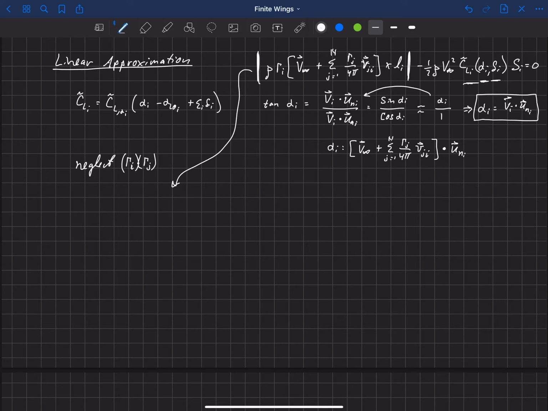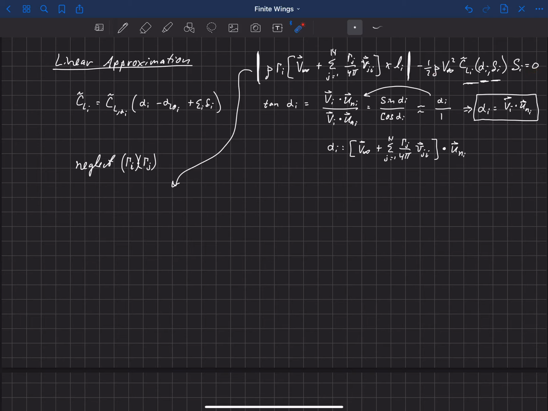And so what we're going to get is, actually I'm just going to move this density. This density is just a constant, so we can move that outside of this magnitude sign, and same with gamma I. The magnitude really applies to this vector. We have a cross product here, this vi cross li, so I'm going to move this magnitude in and move this gamma and rho outside of it. And actually there's a rho over here, and since this whole thing is equal to 0, we can cancel those rhos.